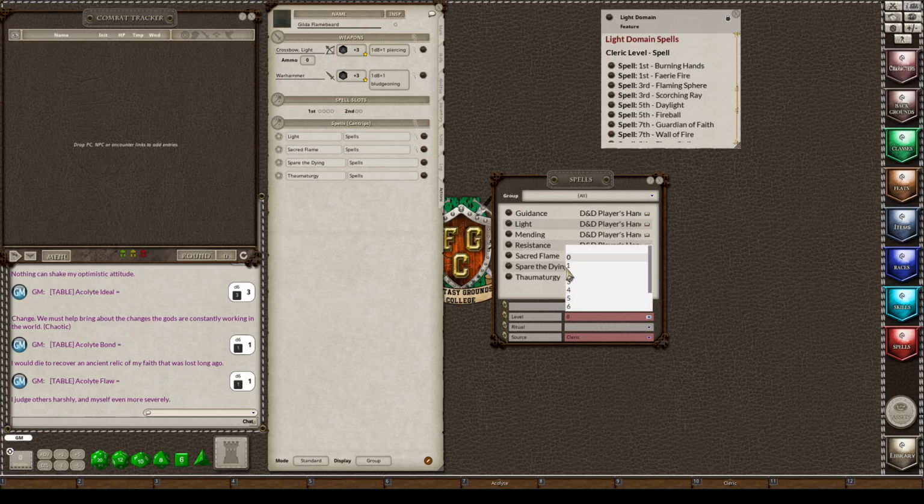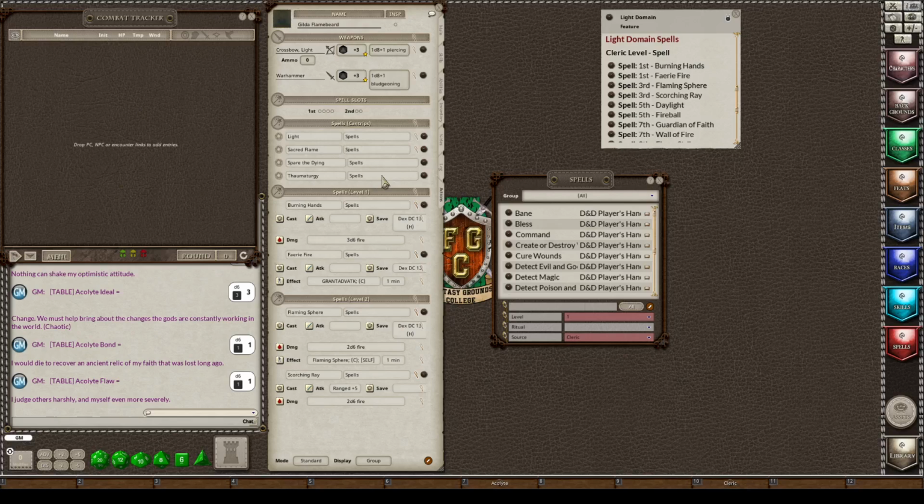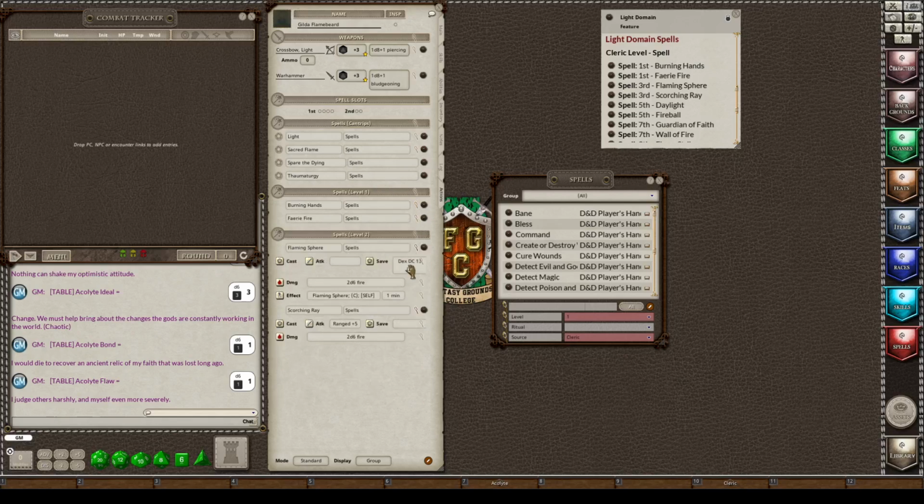I'm going to change to level 1, and this will show me all my level 1 spells. But first, before I do this, I'm going to add my 4 light domain spells. So you see that they went in the first and second level categories. And again, I click on the magnifying glasses so that they're not taking up a bunch of space.